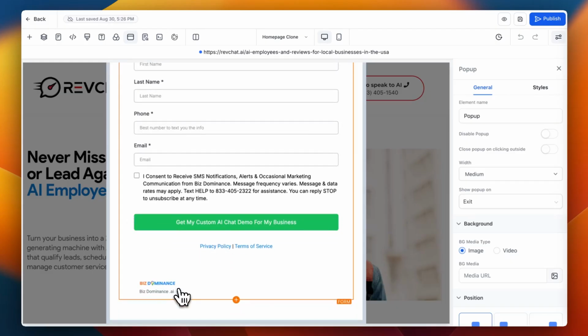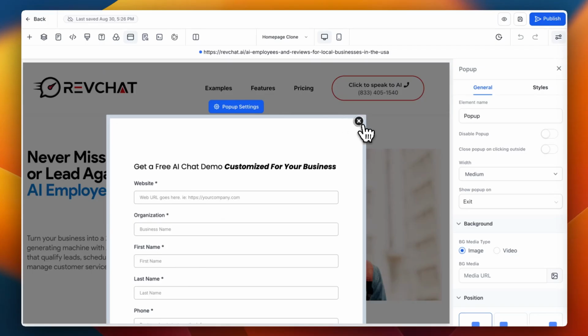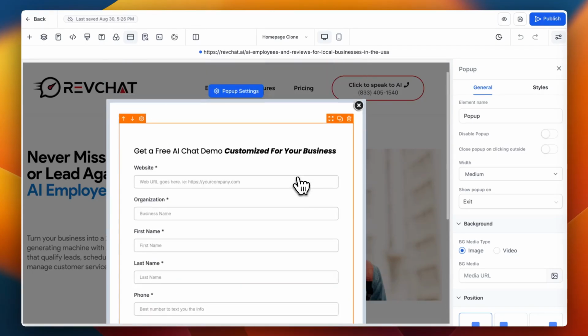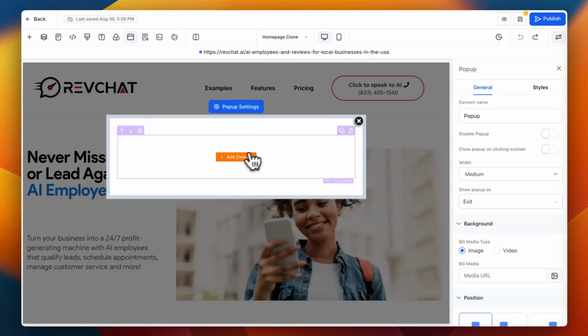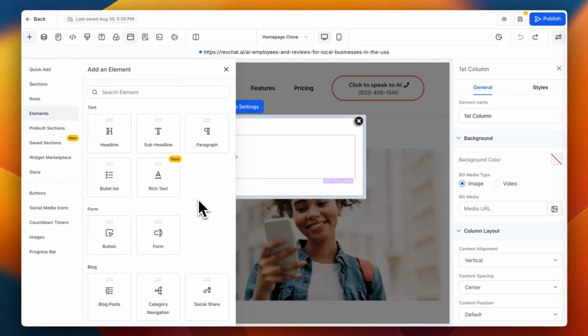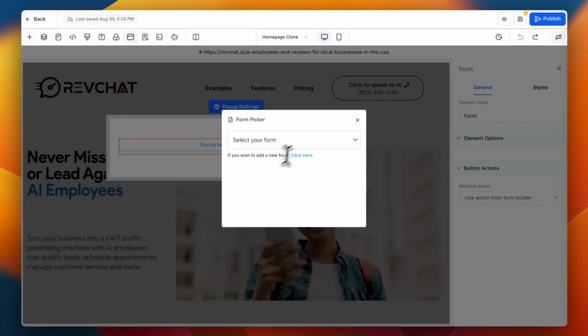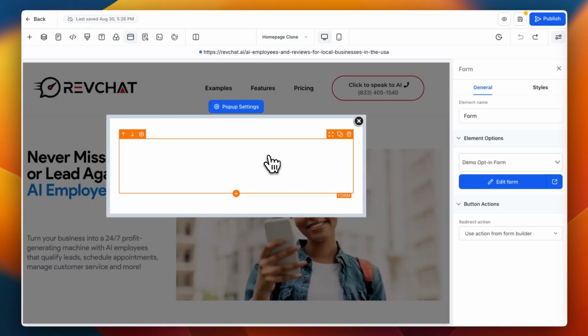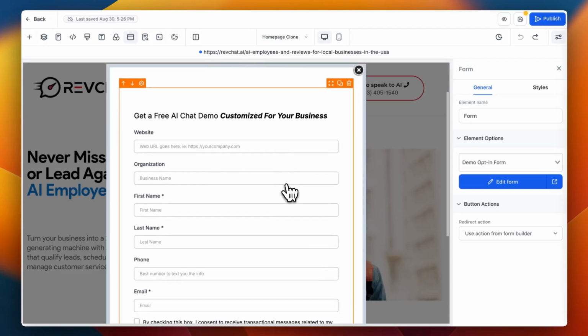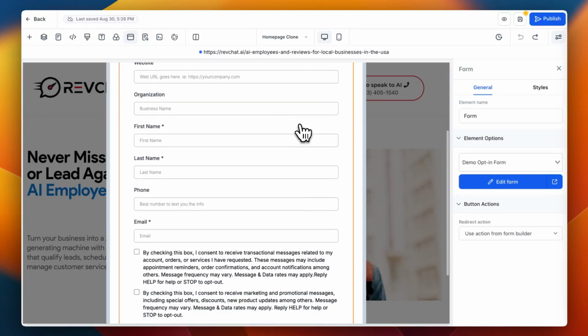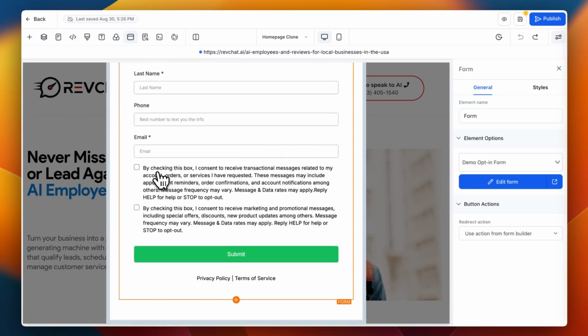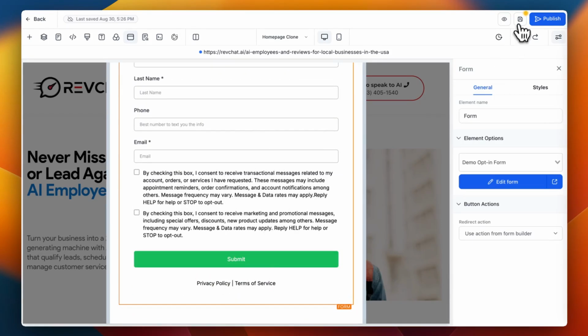And it has the agency branding from Biz Dominance. I don't want that showing on there. So what we're going to do is we are going to delete this. Now we're going to add an element. We're going to add a form. We're going to select the form, demo opt-in, and there it is. Get a free AI chat demo customized for your site. It's the information we just updated. We've got both checkboxes. We've got privacy, terms of service. We're going to hit save